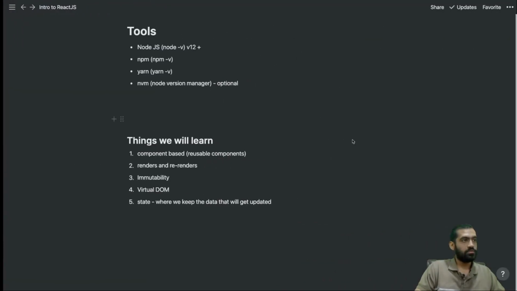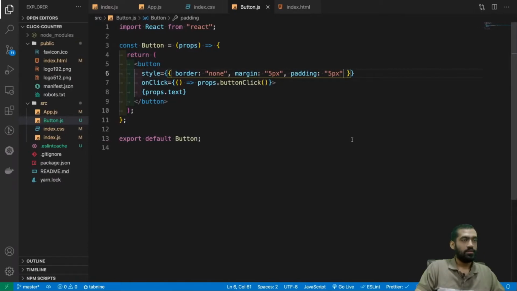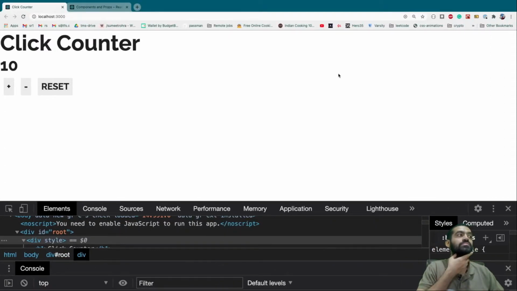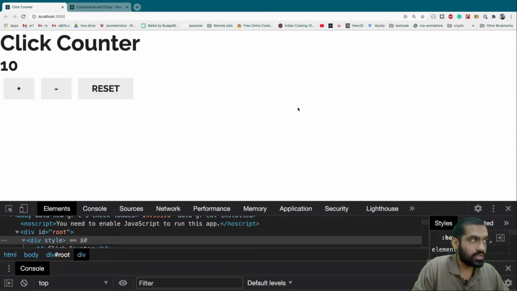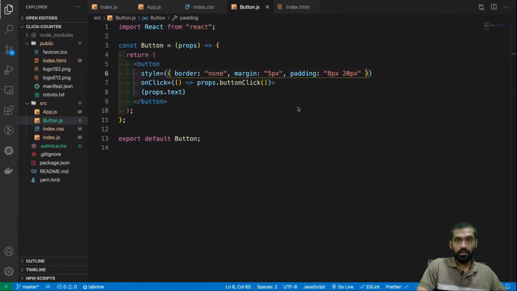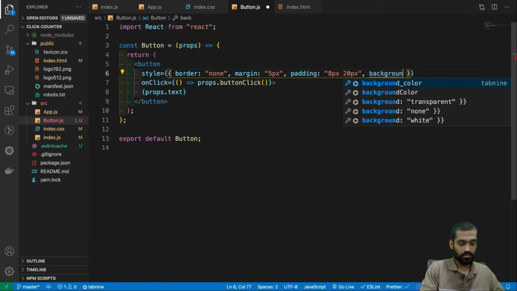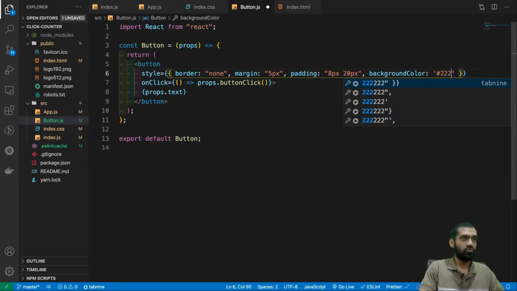Then what? Let's not do this as padding. Let's do padding as 8 pixels, or no, okay, let's do padding as 8 pixels and 20 pixels. Let's see what this yields. Cool, this looks way better. Let's do a background color of 222.